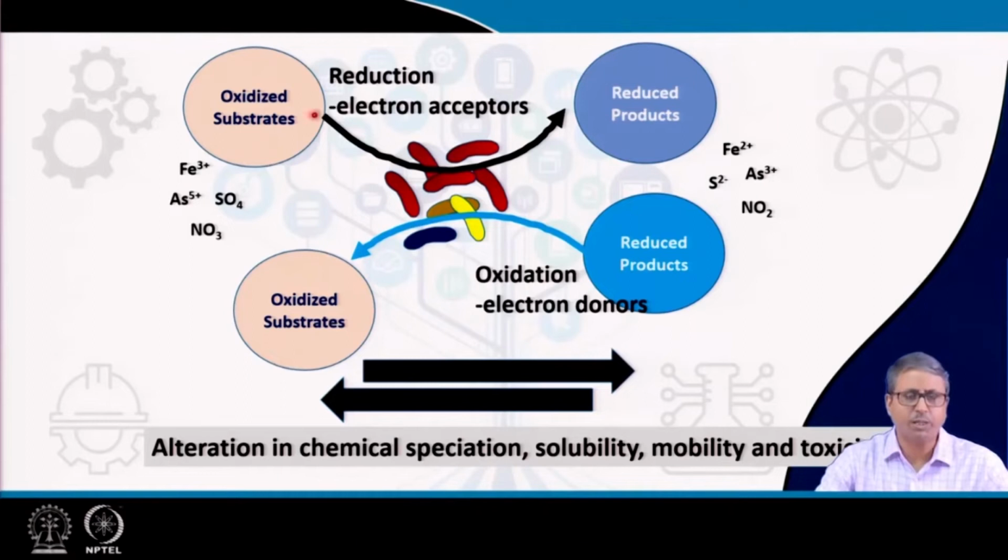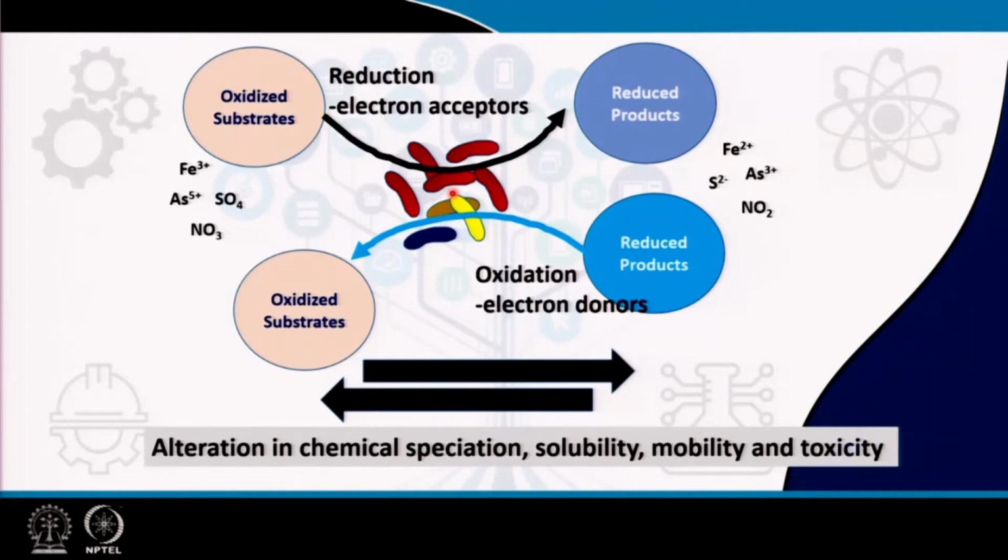Now, this is one part of the entire transformation reactions, where two types of transformation reactions are clearly seen. One is the oxidative type of reactions, another is the reductive type of reactions. And what we also see is that these types of reactions change the chemical parameters. So, the change in chemical parameters will be our second part of discussion. The major first part of discussion is that these oxidation reduction reactions are facilitating, most of the time, microbial metabolism. So, microbes are interested in these oxidative or reductive reactions because they are either gaining energy out of it, or they are able to drive their electron transport process, which facilitates growth and survival in any kind of